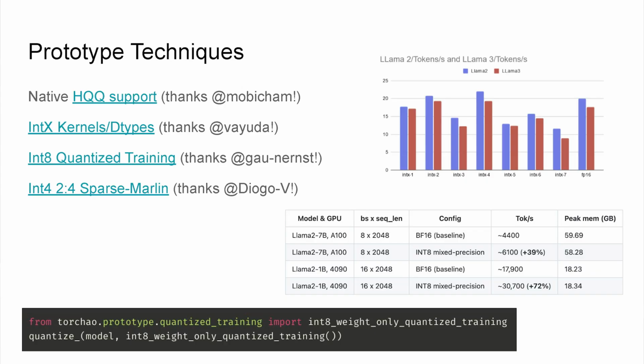Gonest has done some great work on int8 quantized and mixed precision training that's showing some pretty impressive results, which makes us want to invest more in this direction going forward. And Diogo integrated the 2:4 sparse Marlin kernels into torchao, so you can see even more improvement in performance compared to the previous int4 weight-only quantization numbers I shared with you earlier.